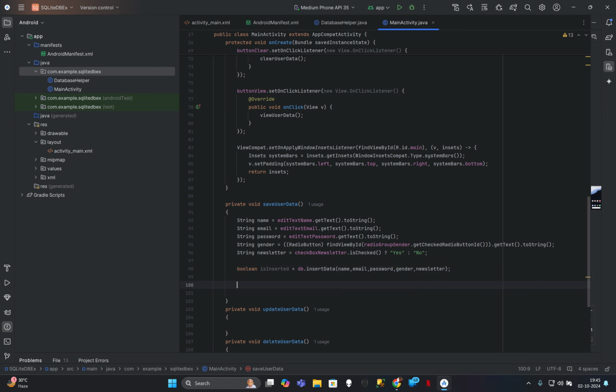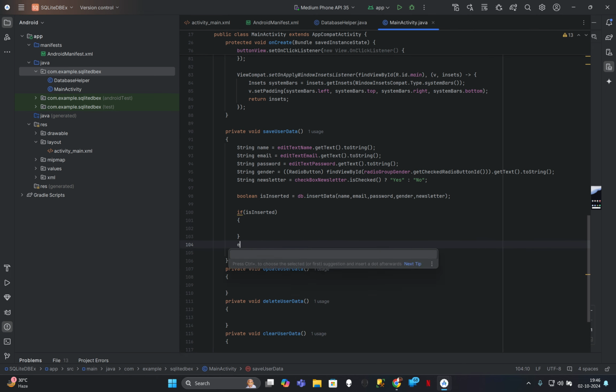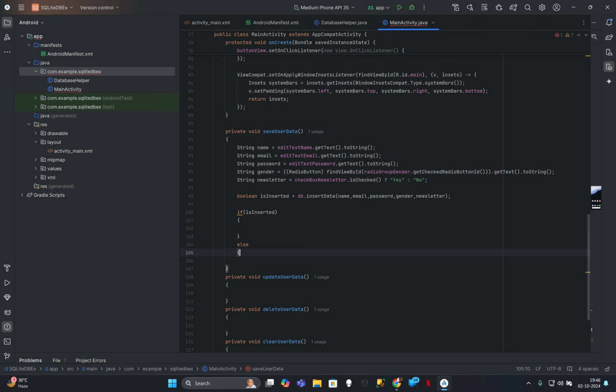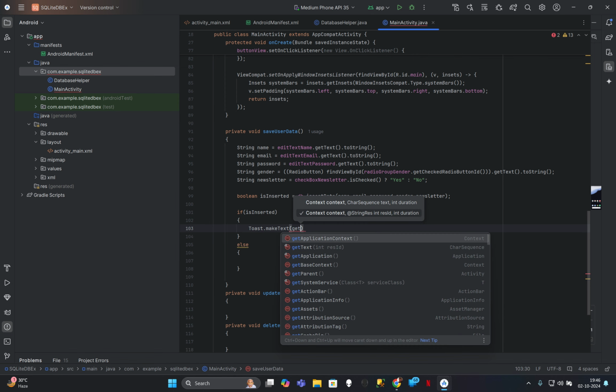So this variable is just going to return me a yes or no value. So I'm checking over here if it's inserted, if it is true or not. If it is true, then give a toast message saying the data has been inserted successfully, else give a toast saying the data wasn't inserted successfully. So I'm giving a toast message over here, Toast.makeText, context will be my getApplicationContext,